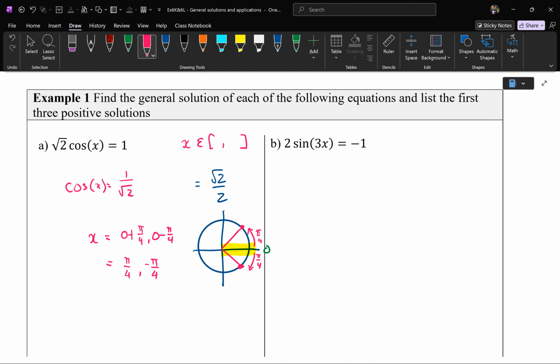It doesn't have to be that one. You could have done 2 pi. You could have said, that's 2 pi there, 2 pi plus pi on 4, 2 pi minus pi on 4, and those two are valid. There's nothing wrong with it. What you need to do now, one step,